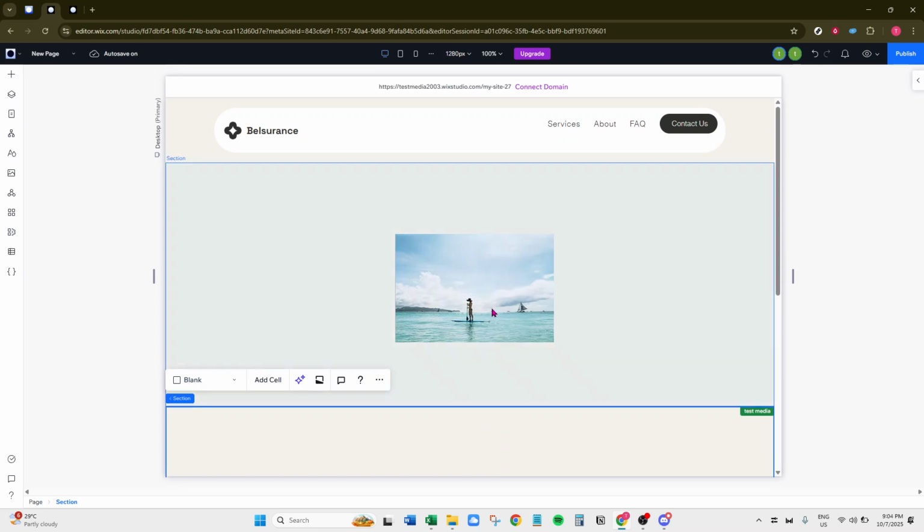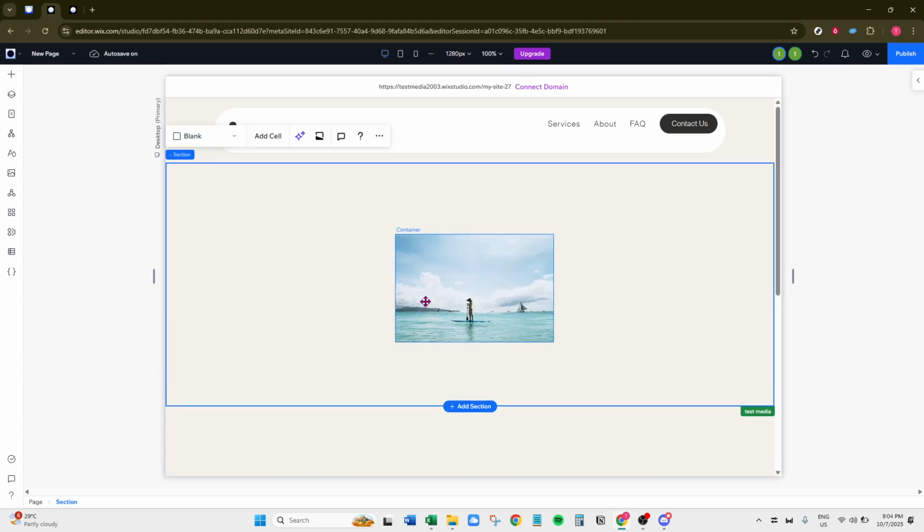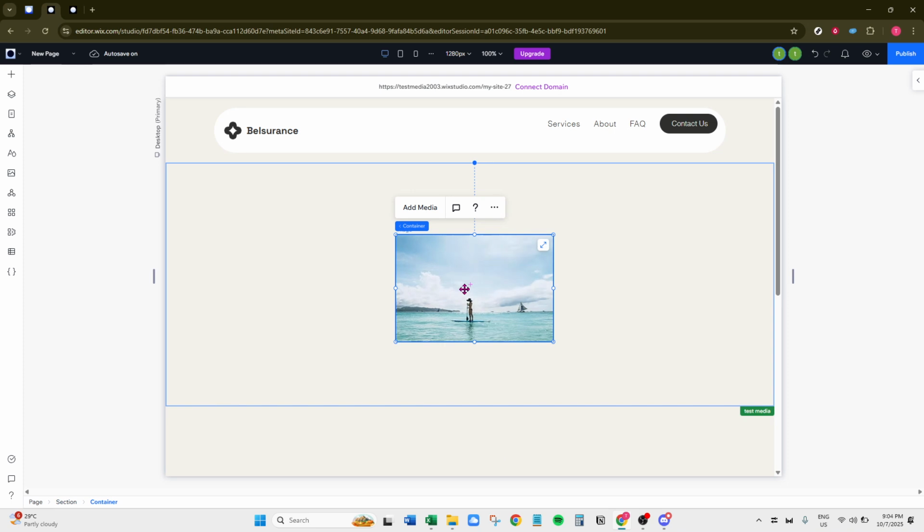After you've clicked on your desired site, you'll see your website editor in front of you. To adjust an image, click directly on the image you want to modify. This action ensures that you're targeting the correct visual element on your page. It's a small step, but important, as mixing up images can lead to unexpected results.